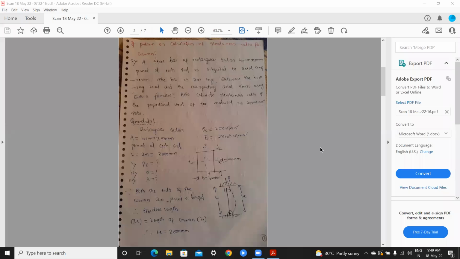So this is the first problem. First, I will look at a problem on calculation of slenderness ratio for a column. Our question is: a steel bar of rectangular section 40 mm into 50 mm. See here how it will be, 40 mm and